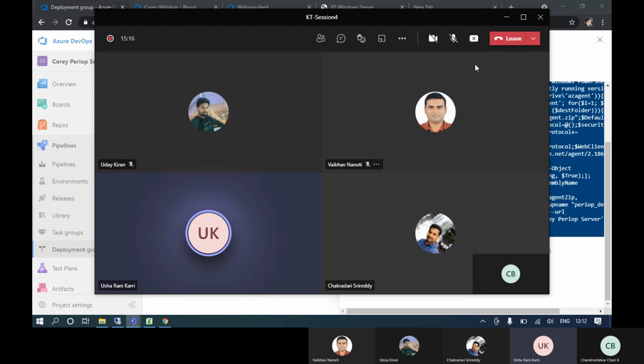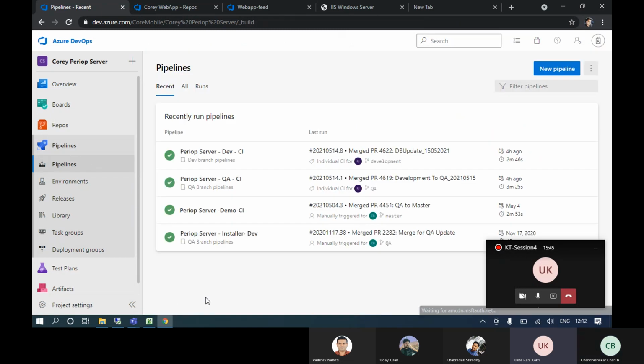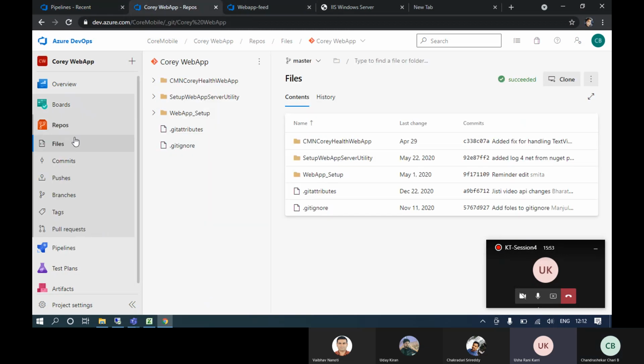Chari, when it was doing the CI, if any of the stage is failed, obviously it should not go to CD, right? Was there any such option enabled, like exit on failed script or something? Sorry, Usha, can you repeat? No, while it was running for all the stages, publish and executing some script, if any of that stage is failed, it should not go to CD. So is any such option available, is it enabled?